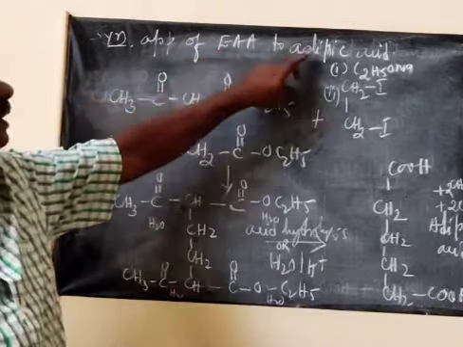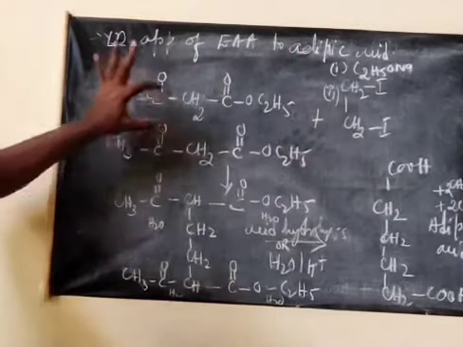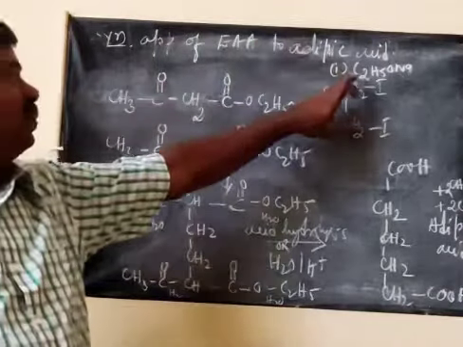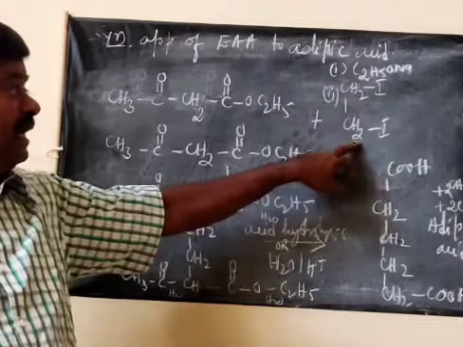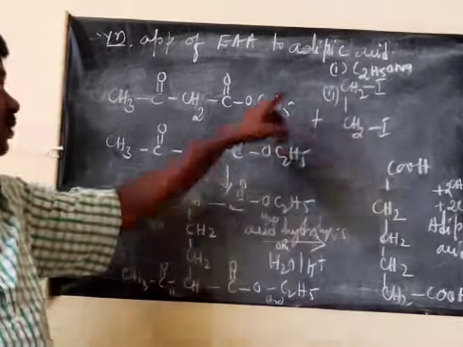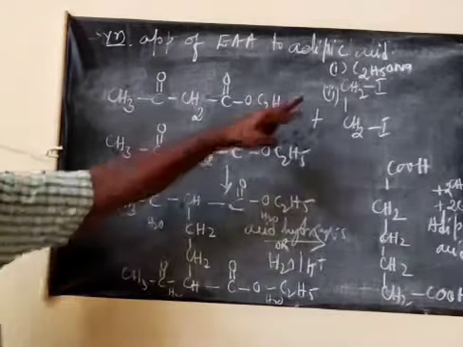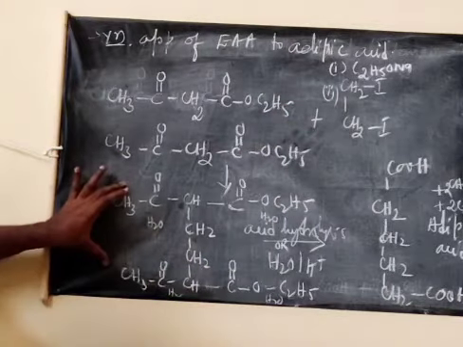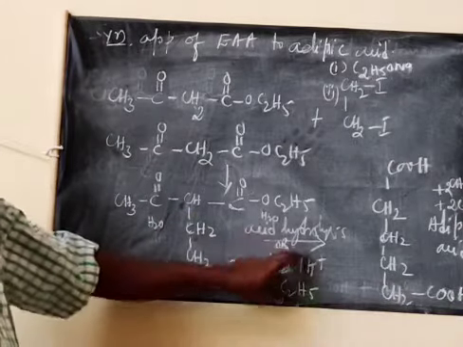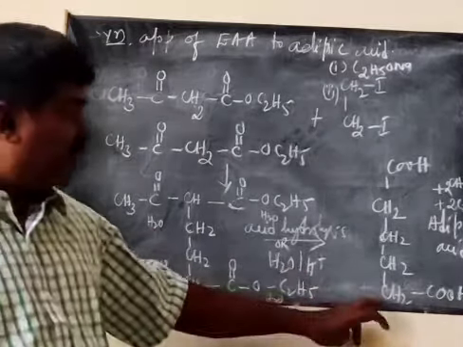This is about the synthetic application of ethyl acetoacetate to adipic acid, that means conversion of ethyl acetoacetate to adipic acid. Here 2 moles of ethyl acetoacetate are treated with sodium ethoxide followed by ethylene diiodide, CH2I CH2I. First, these hydrogen atoms are replaced by sodium atoms, then react with ethylene diiodide, forming this intermediate. This intermediate on acid hydrolysis, with 4 molecules of water used up, forms adipic acid.